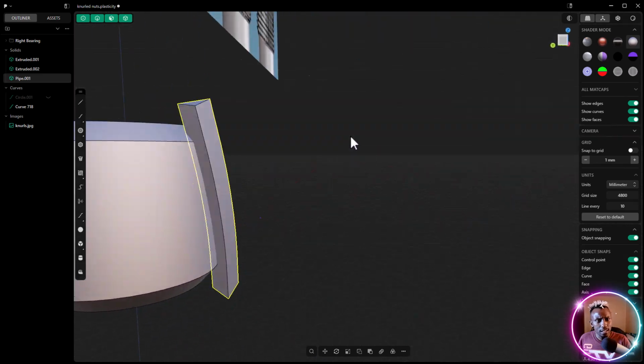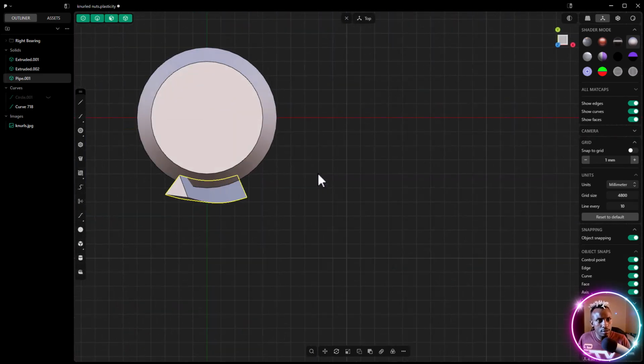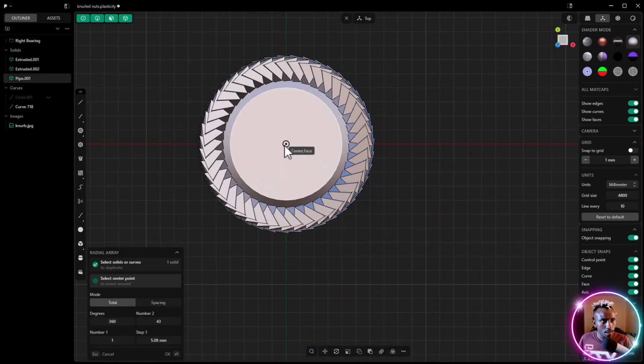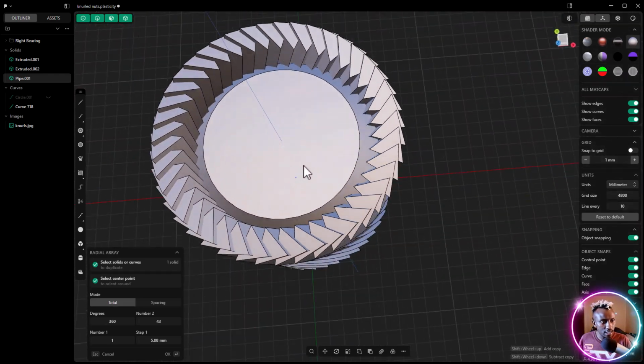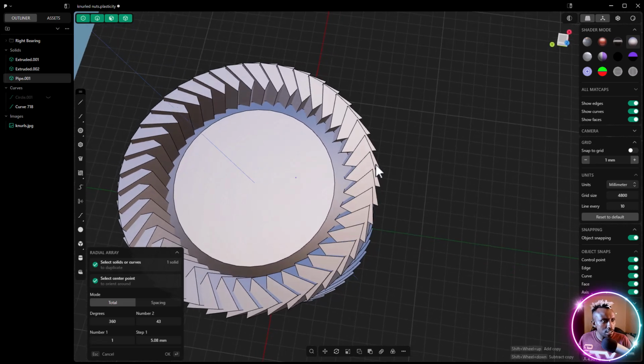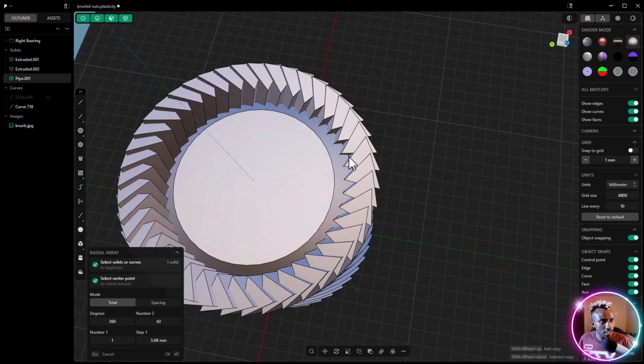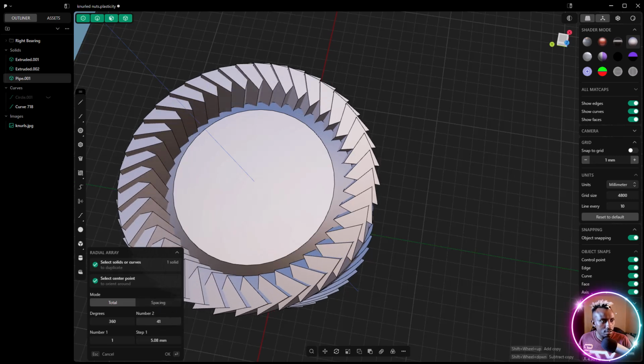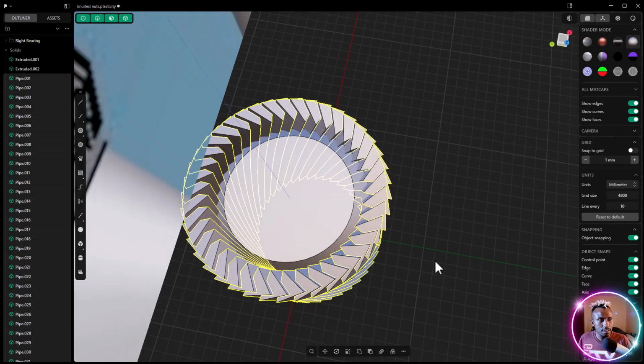And I feel like this is too big, but let's see. 7 on the numpad, radial array, click there. And I want to rotate it to view it from this angle, because I want to see the distance between these duplicated shapes, because we want to give each crest a flat surface. So I think that's a good spot. I'm going to right click outside,